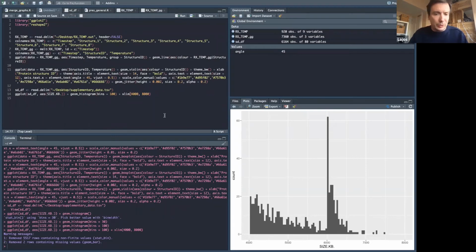But don't do this now. Of course, here on the bottom left, you can see that there is a warning message that quite a lot of data points were removed from the plot just because I introduced some limits. Let me just leave it there and